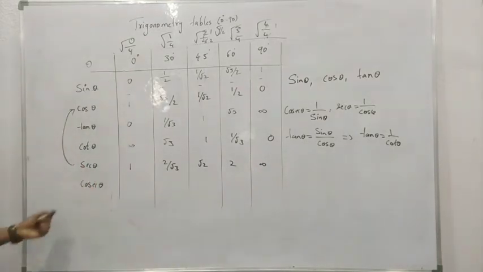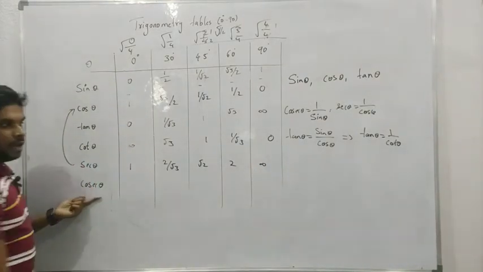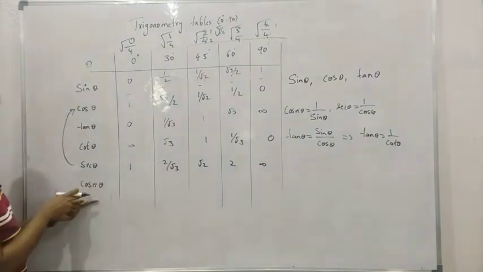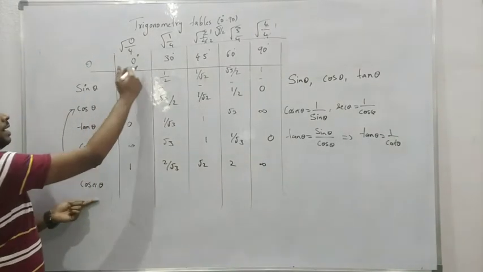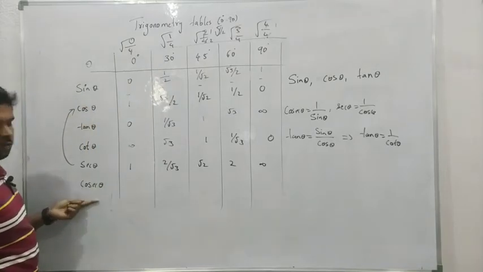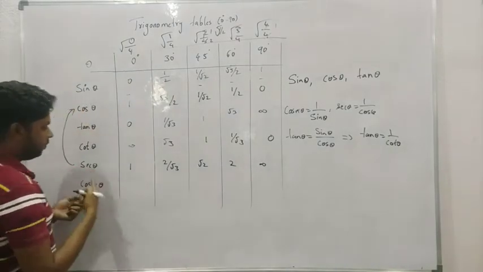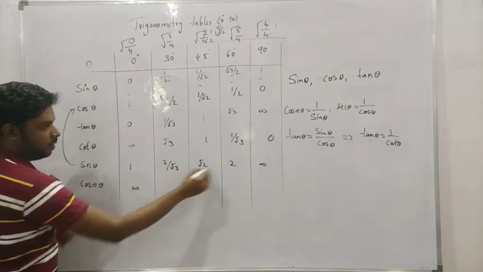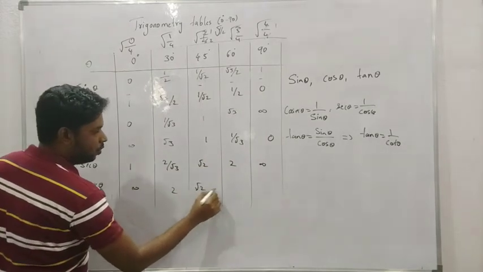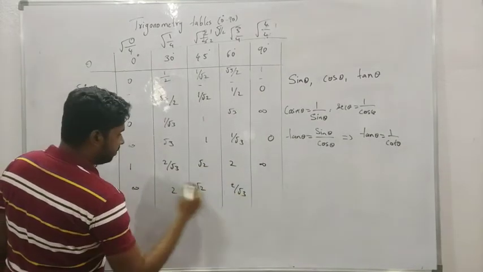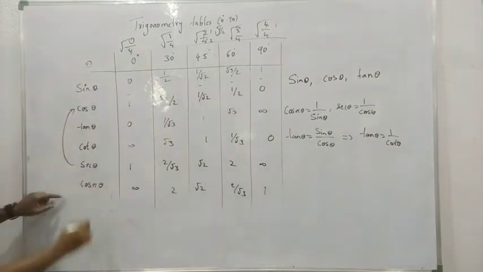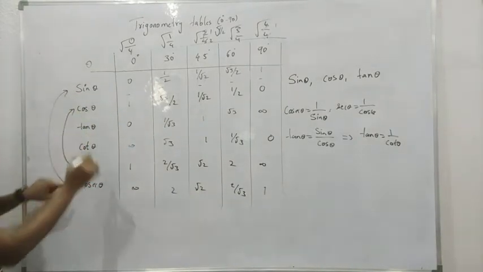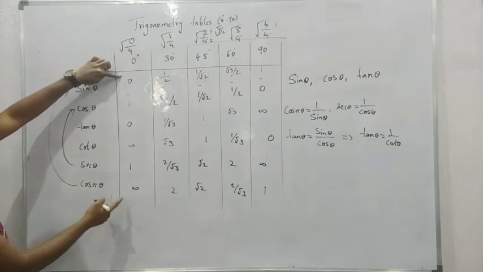Okay. Now there are 2 ways for finding cosec theta. Right from the back you get cosec, or you can write the reciprocal of sin, you get cosec. I am writing from the back of sec. What I get? Not defined, 2 root 2, 2 by root 3 and here is 1. Check, the cosec is the reciprocal of sin. Again 1 by 0 is not defined.